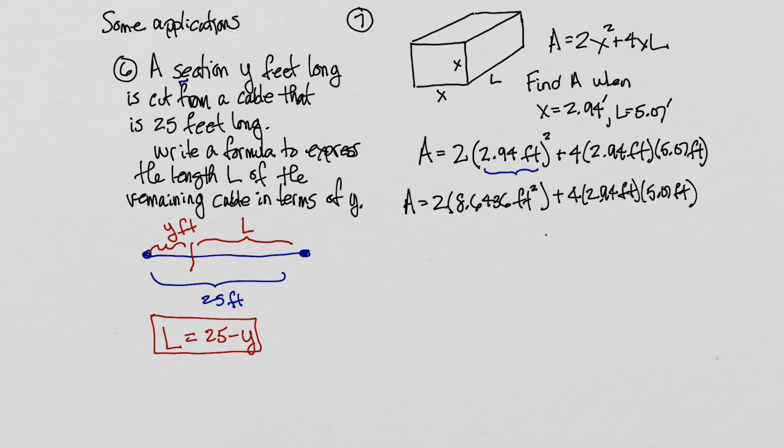So let's make these multiplications now. And this first one, 2 times the 8.6 and so on, is going to be 17.2872 feet squared, or square feet, plus,